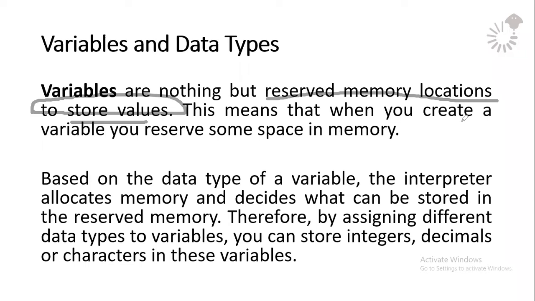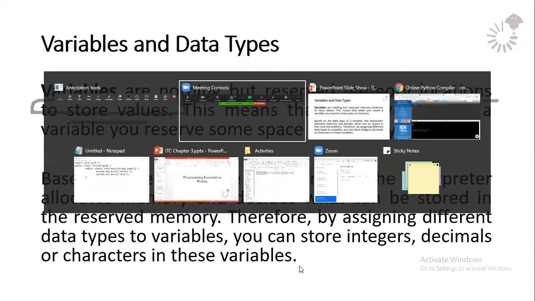This means that when you create a variable, you reserve some memory space in the memory. And based on the data type of a variable, the interpreter allocates memory and decides what can be stored in the reserved memory. Therefore, by assigning different data types to variables, you can store integers, decimals, characters in these variables. So example,